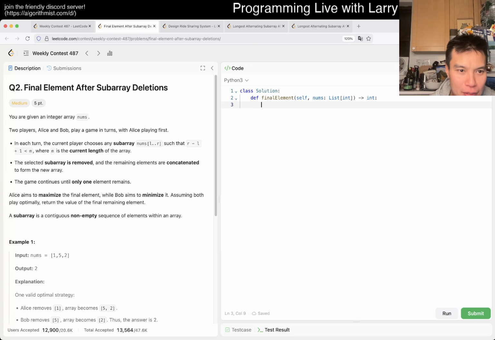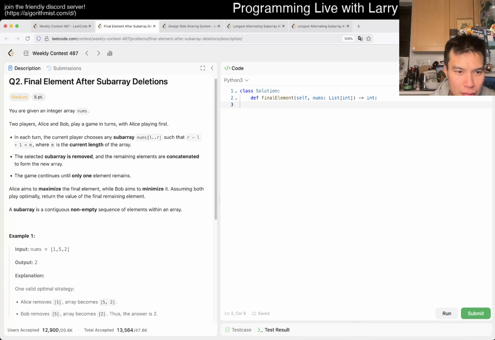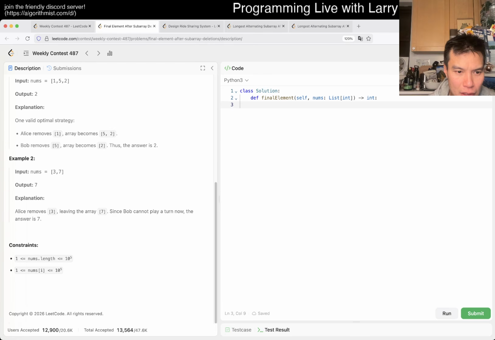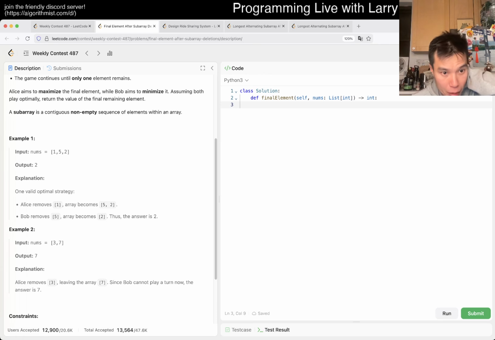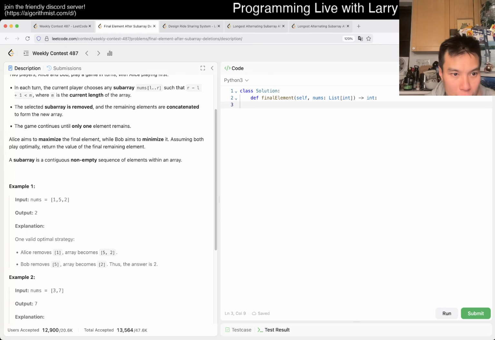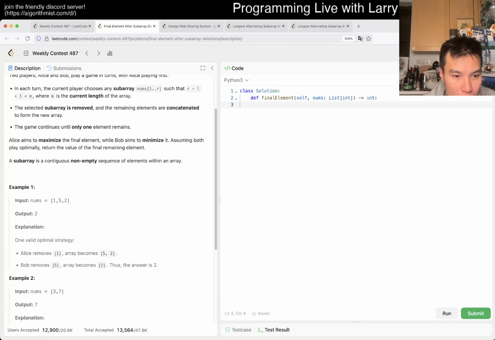Alice and Bob, subarray LR. I should use the West one first, actually. But any subarray such that the length is strictly less than n, I guess. All right. 10 to the 5th is interesting, actually. I was going to write some DP, but okay. So